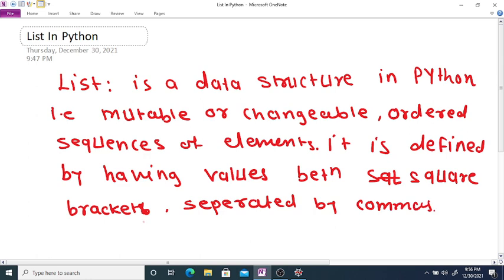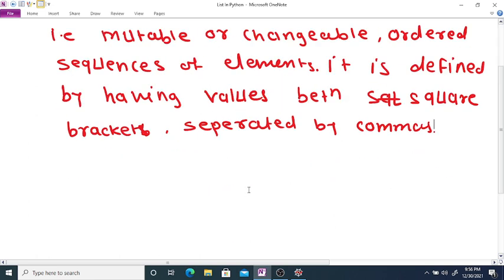For example, the elements need not be homogeneous. You can define a is equal to, just enclose the elements in square brackets, say 1, 2, 3. You can write a floating value, say 4.1, a string value, say abc, and so on.